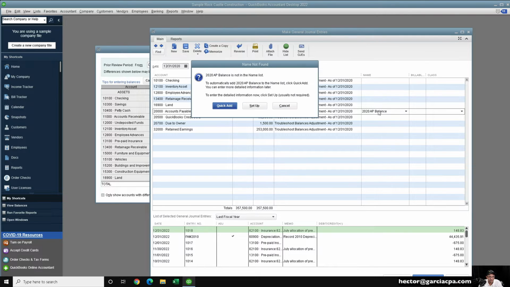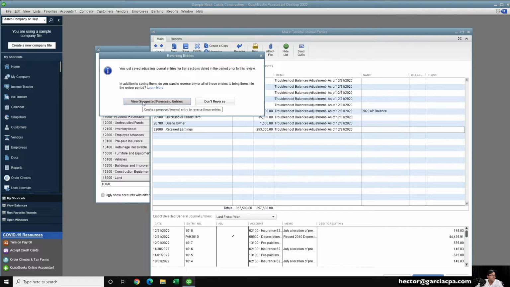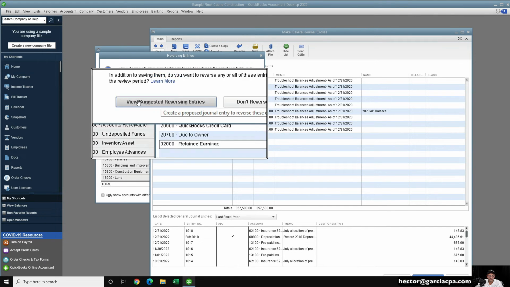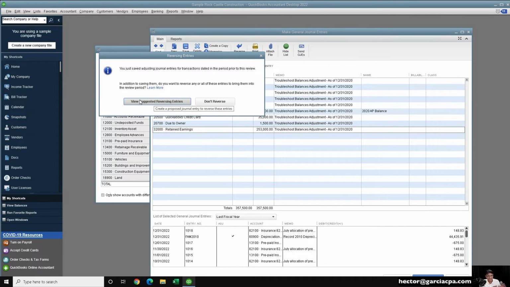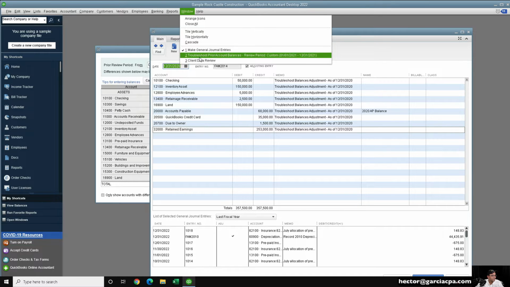This is a typical thing that we do when we do tax returns, where we have a balance sheet, we have no idea who the vendor is, we just create a bogus vendor, and then we adjust that afterwards. So we're going to do that, click on Save, and once we do that, it gives you an option to reverse the journal entry. For this particular situation, I'm not going to reverse it, but it does prompt you to do that. There are reasons when you have to, reasons where you don't. Okay, for right now, I'm not going to reverse it, and I'm going to go back and run my balance sheet